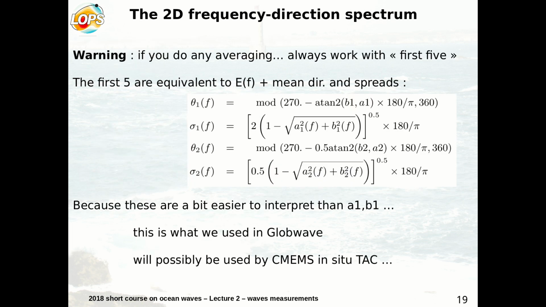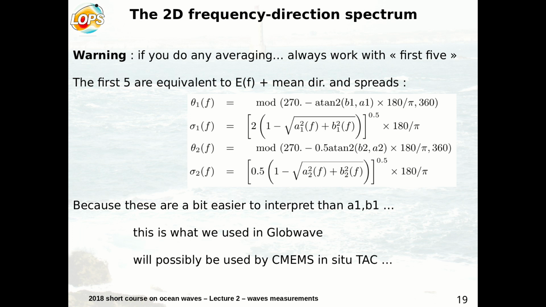So this A1, B1, A2, B2, they are nice, but when you look at the numbers, it doesn't tell you much. I know CDIP loves to store them as A1, B1, A2, B2, so if you download data from CDIP in California, they will give you that. But what I prefer, and what we've done in GlobeWaves, is to convert these A1, B1 to a mean direction and spread, and I will explain what it is. Essentially, the mean direction is just the direction of the vector A1, B1, and the spread just tells you